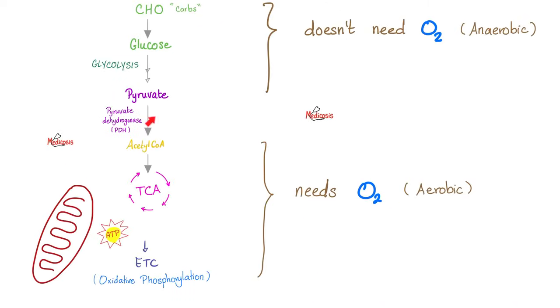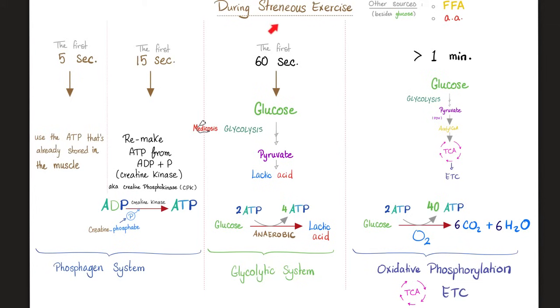Let's review. This is glycolysis, does not need oxygen. It can happen in an anaerobic condition. But then the oxidative phosphorylation requires oxygen, of course. So during strenuous exercise, in the first, let's say 10 seconds, your muscle is using the ATP that was already stored there, and the muscle is remaking ATP from ADP thanks to